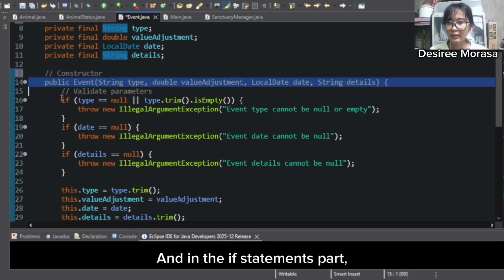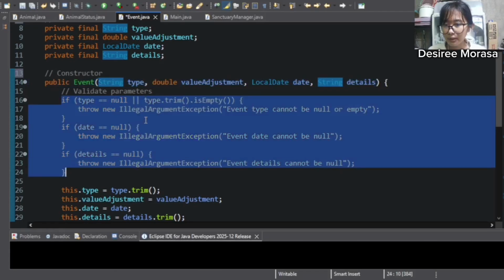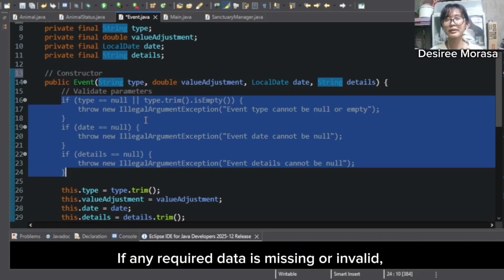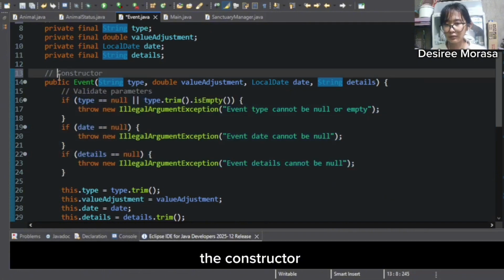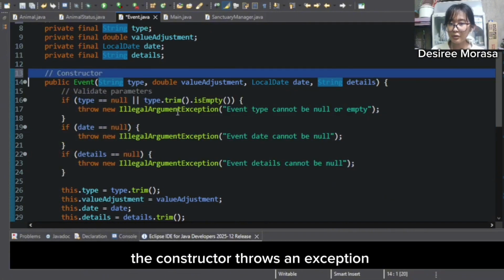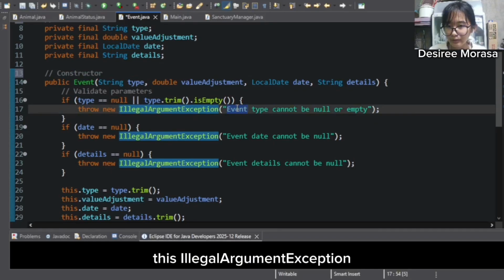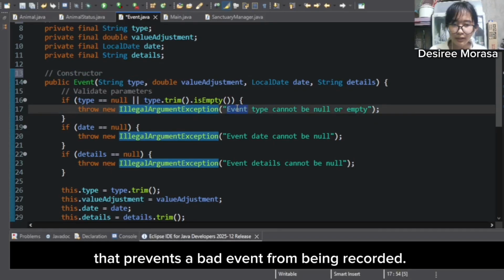In the if statement part, these checks validate the input before the object is created. If any required data is missing or invalid, the constructor throws an exception, an IllegalArgumentException, that prevents the event from being recorded.